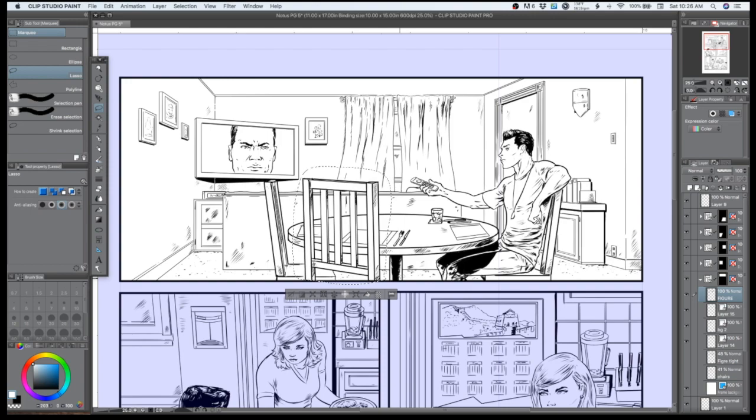This chair here is way in the front, so I went with the thickest line I can use, or brush size in Manga Studio. That's one of my thickest lines. Then the lines back here, I'm going to circle this curtain here. That curtain would be the lightest, the thinnest line. And then somewhere in the middle, let's say this couch here, I'm just going to circle this area. That couch is our medium